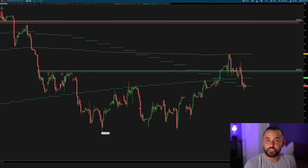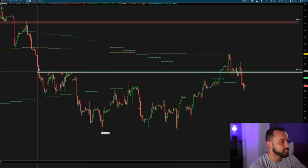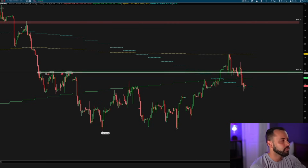So now that you saw the Tesla trade, a little bit of an ugly trade, but you saw how it came out profitable. This trade was a trade with no drawdown, actually trading off my key level, trusting that level, and having a very beautiful move to the upside in my favor. And you'll see the difference, right, between my entry on Tesla and my entry on Amazon, the patience that I had to wait for Amazon to actually set up, and knowing that I had to trade it off my level. So on Amazon, we had this 132 previous rejection point back here, previous triple top on Amazon from back here